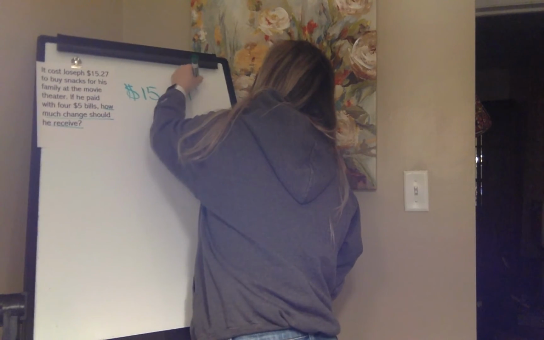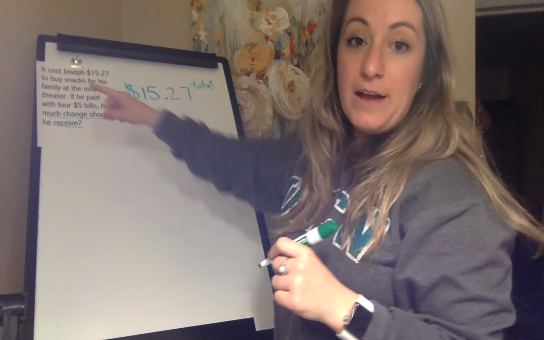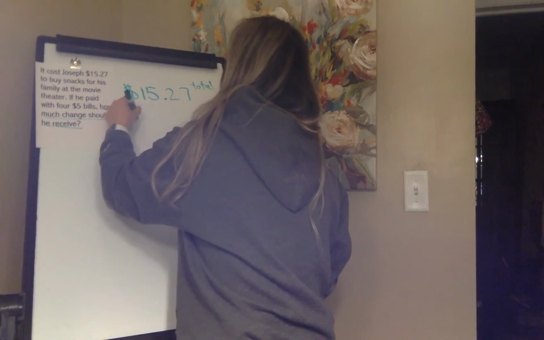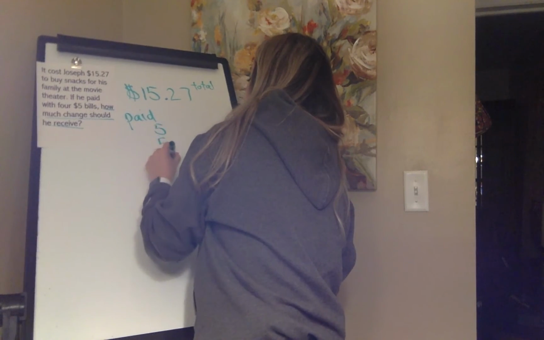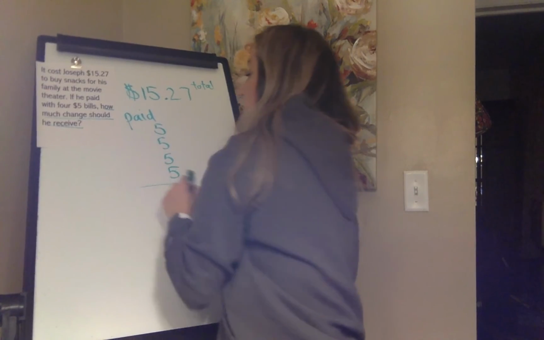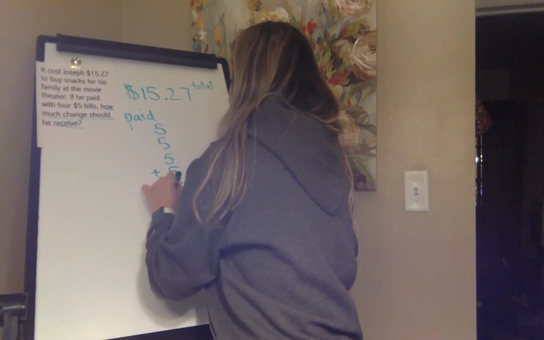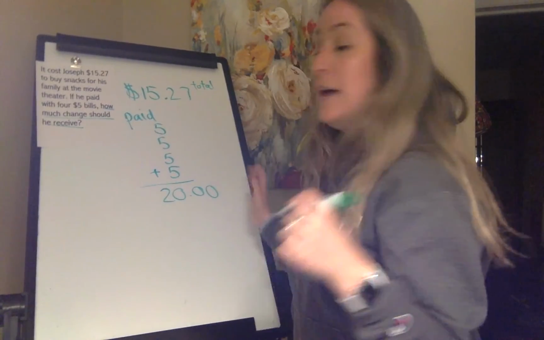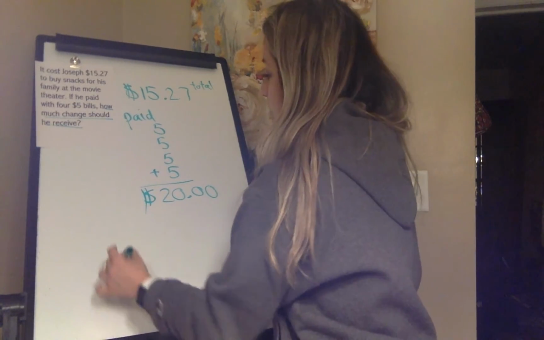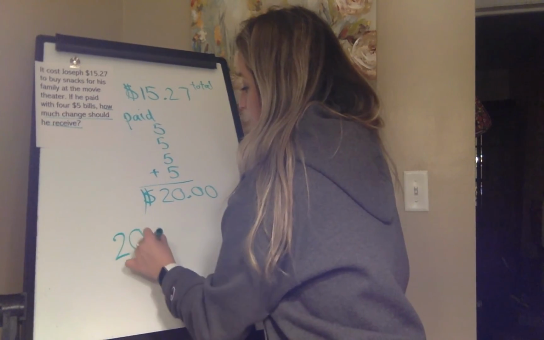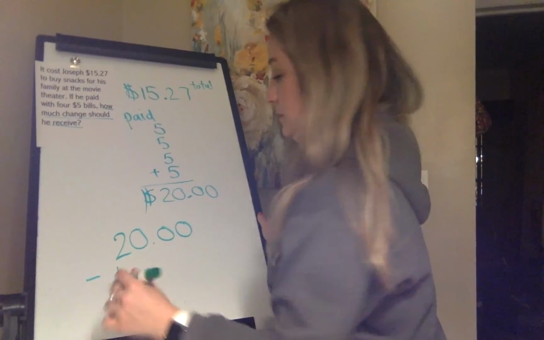$15.27 total. And he paid with 4 $5 bills. So paid with 4 $5 bills. So 5, 5, 5, 5. You know 5 times 4 is 20. If we add these up, it would be 20. So we know he paid with a $20 bill. And we have to find his change. So we are going to take that $20 and we are going to subtract